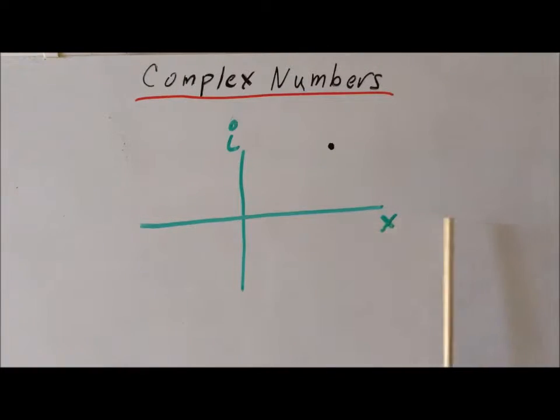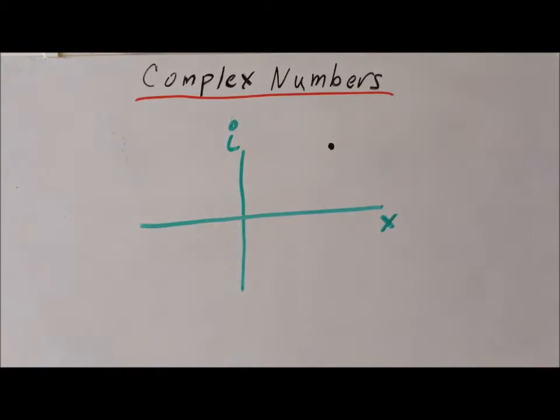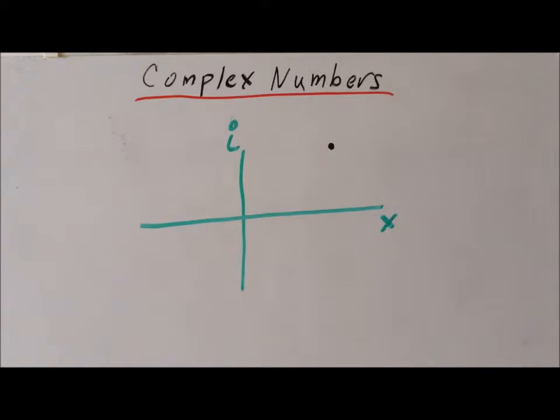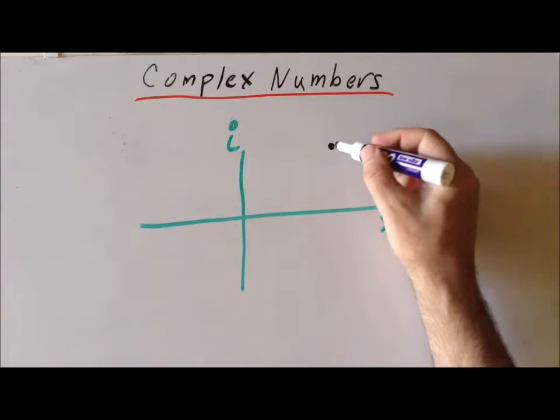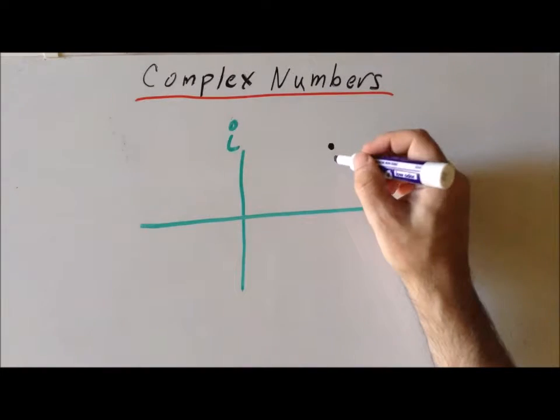X along here is the real axis. The vertical axis we call the imaginary axis. So this we call the Argand plane. So we can represent any complex number as simply a point in this plane. So one of the important things about this is we know that this particular